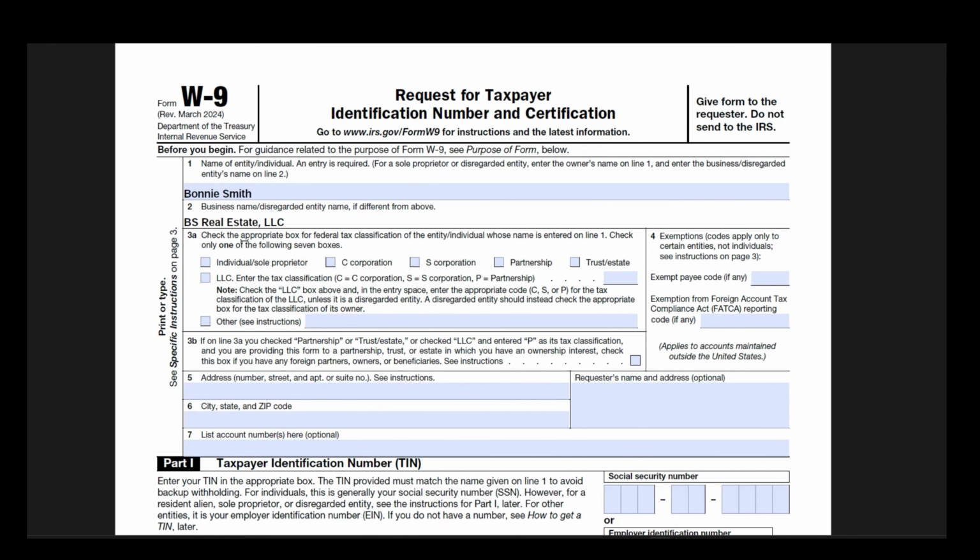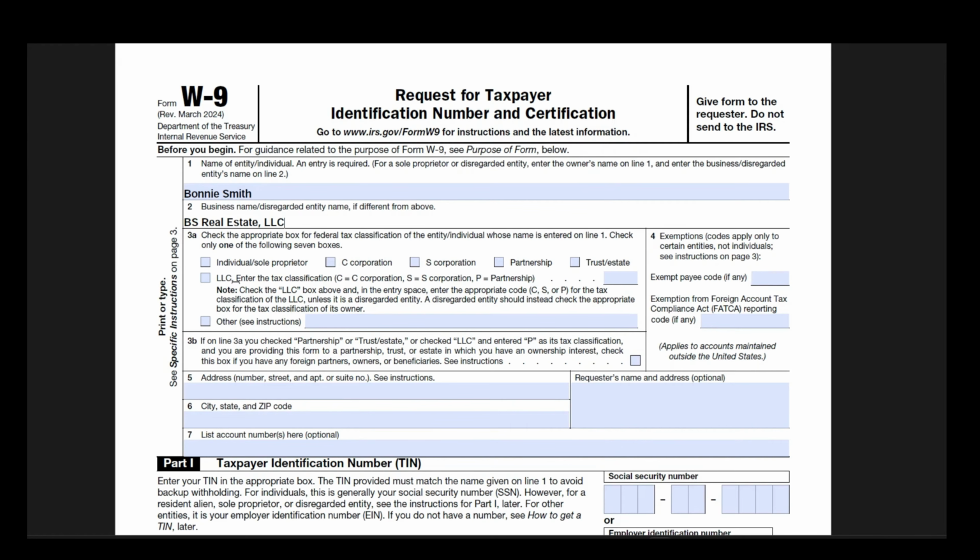Moving on to 3A, this is where you're going to select how you are taxed with the IRS. There are 7 selections here, and you're going to select just one. The first one is if you are an individual or sole proprietor. That means if you have no entity structure set up, you select that box. If you established the entity as a C corporation, it would be C Corp. You would select S Corp if you were set up as an S Corp, as well as partnership, trust, or